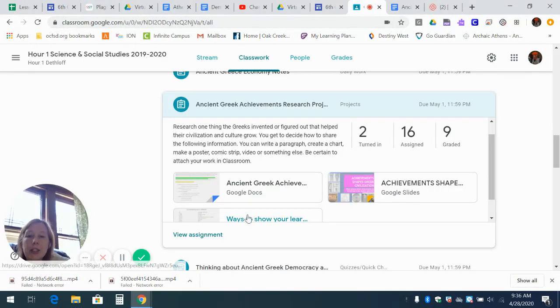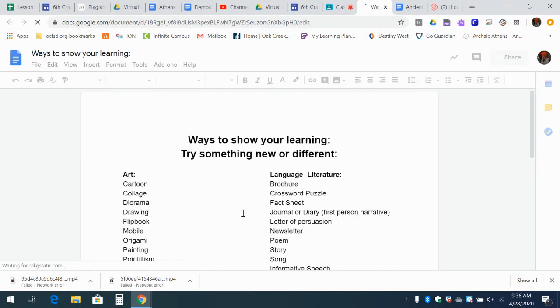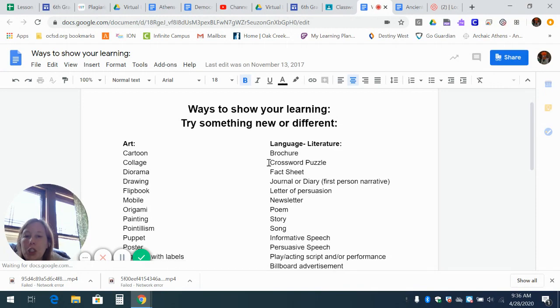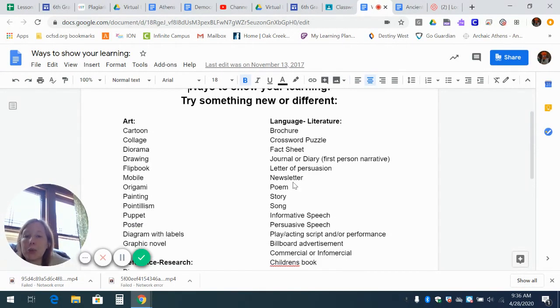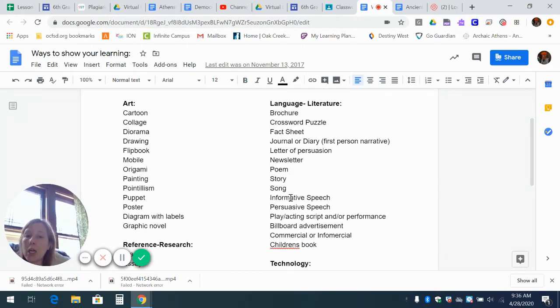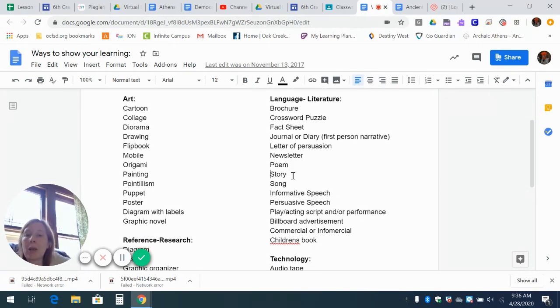Again, you can show your learning in a lot of different ways. So this is just a document to give you some ideas. Like, do you want to make a brochure and then photocopy or send me the brochure? Do you want to write it in the form of a newsletter, like breaking news, Eureka, Archimedes has figured it out? Do you want to create a poem or write a short story? So maybe you're writing about Hypatia, or I'm sorry, I said her name wrong, but the first woman mathematician, and you're writing it as a first person story of like, today I did this, and this is what I discovered, and these are the things that are happening in my life right now.